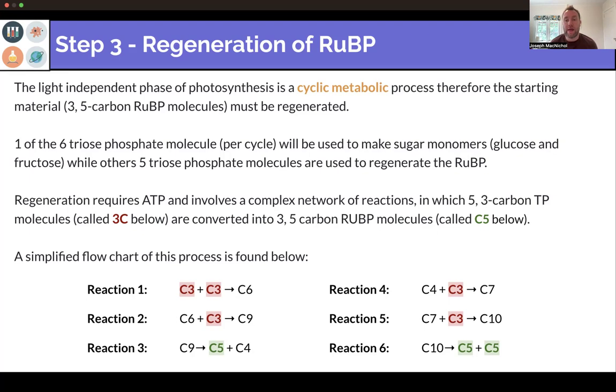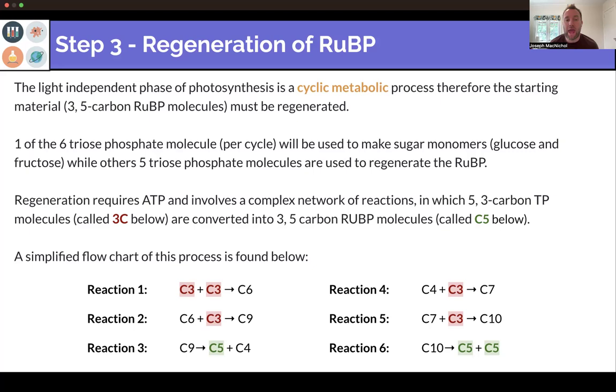One of those products is going to make a 7-carbon molecule. That 7-carbon molecule then combines with another one to make a 10-carbon molecule. That 10-carbon molecule then breaks apart into 2 more RuBPs. So throughout those 6 reactions, we've now generated 3 RuBPs, right, which are seen by the C5s